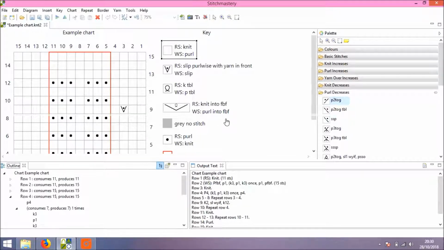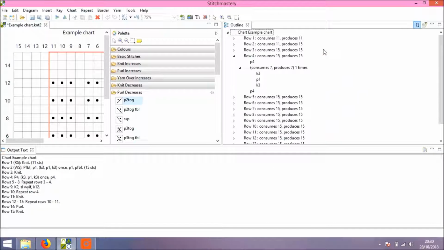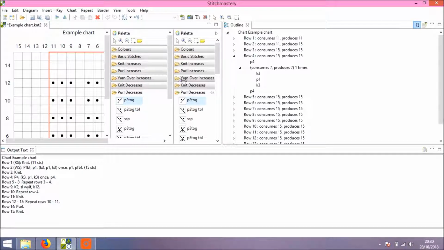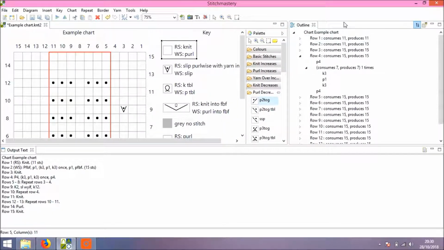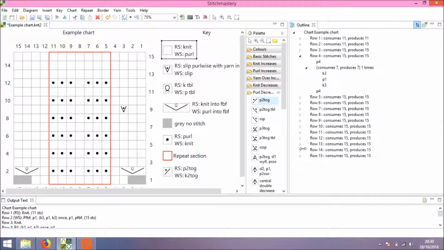If you feel that you want more room to see your outline text, you can move this around. I'll link in the description below to a video that shows more options for rearranging your drawing area, but for instance you can have this open to the side of your chart as you're working. You can also drag this down so that you get all of your rows